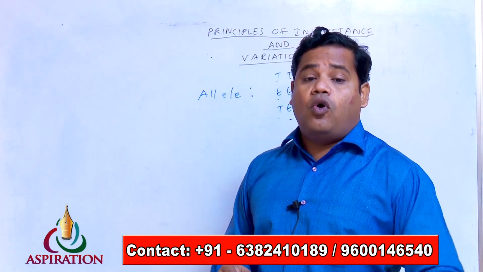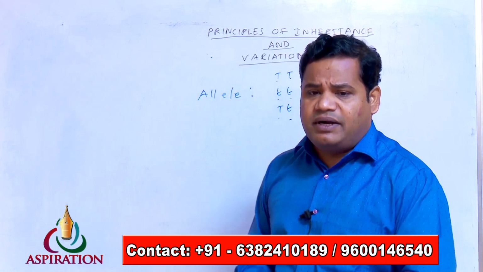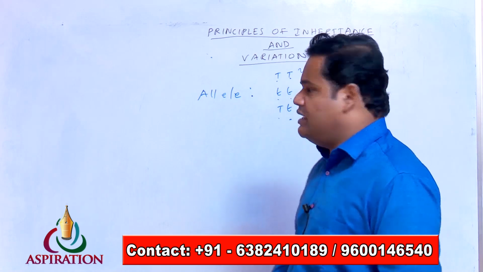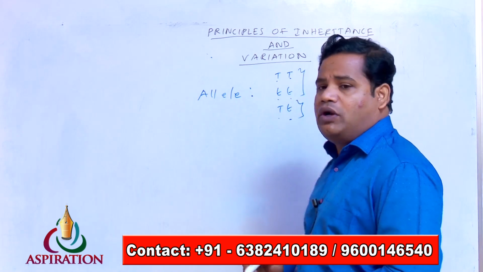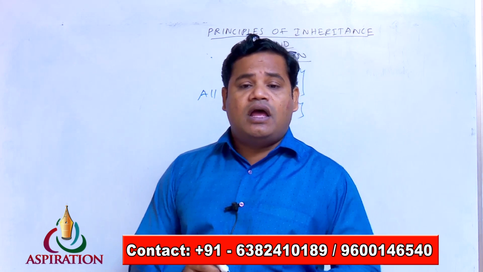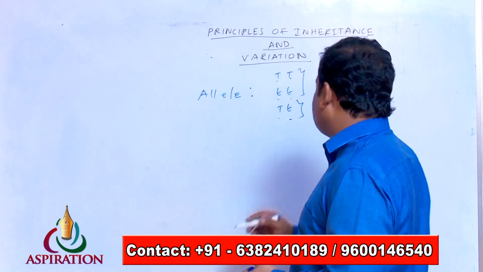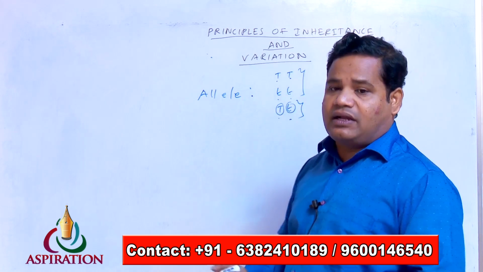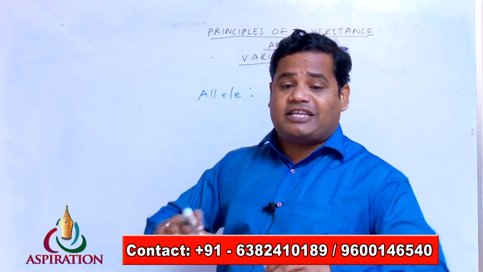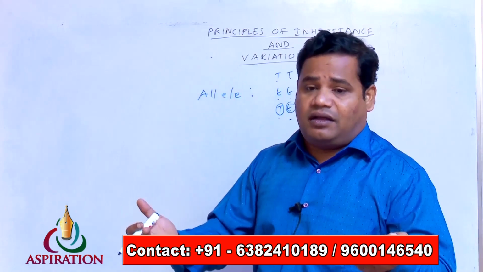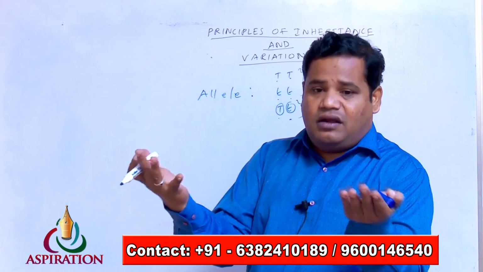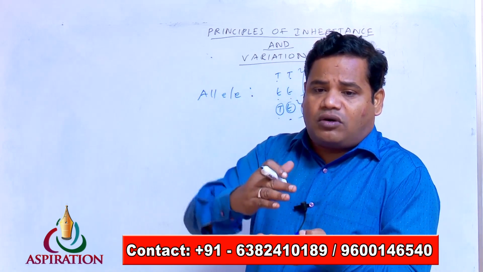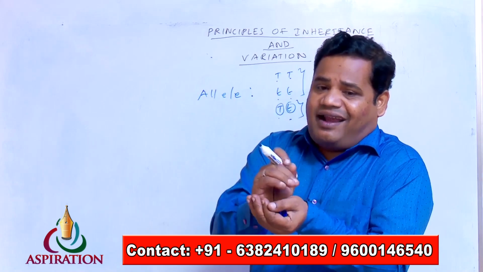Coming to the homozygous condition, that is nothing but capital T, capital T or small t, small t. And if you go for capital T and small t, it is a heterozygous condition. And in this, capital T is the dominant character and small t is the recessive character. When we talk about phenotype, the expression of this particular character, whatever is expressed outside, is called phenotype. And if it is genotype, the constitution or composition of the genetic character, what we call is a